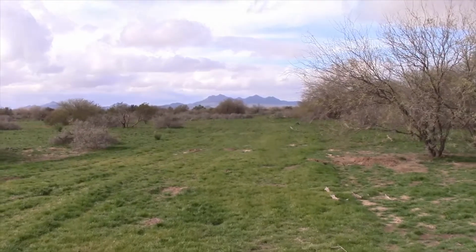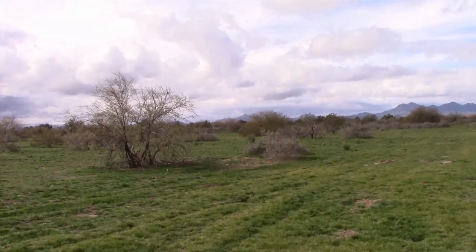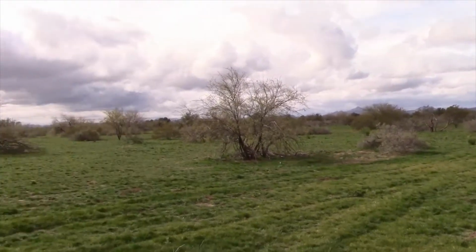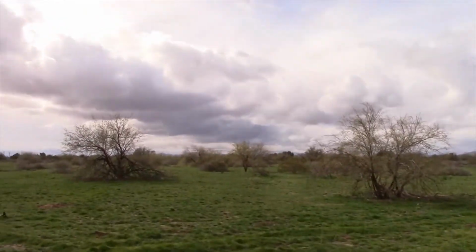Here on the north field of Simpson, our truncation distance, the limit of distance that birds are considered in for the survey, is quite long. It's 150 meters. This is pretty open country, as you can see. We can see quite far. That's why we have a scope as well. You can see pretty darn far, so